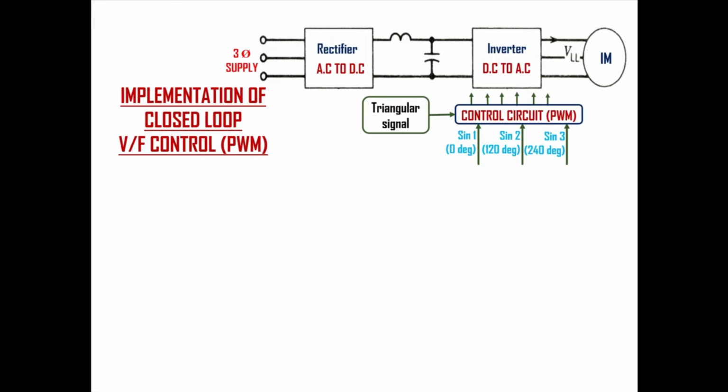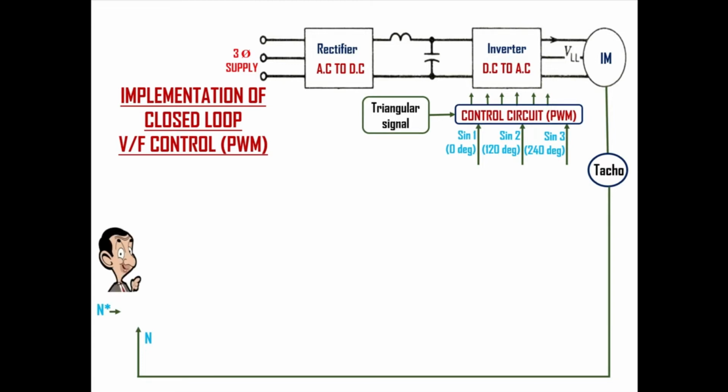A closed loop system is used where precise speed control is required, because even if any external disturbances happen, the closed loop system identifies it and maintains the desired rotor speed n star which we want. So the first step is to sense the actual rotor speed n using a speed sensor. The desired rotor speed n star can be given by any non-technical person. Both n star and n are compared in the error generator, which generates the error equal to n star minus n. This error will be given to the PI controller.